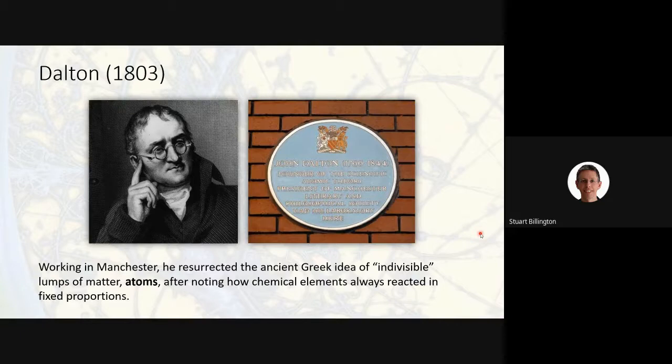And he came at it from a different perspective. Leucippus had come at it philosophically. Why does stuff fall down or fly? Dalton was coming at it much more practically. When he was doing chemical reactions, he would weigh out a certain number of grams of one material and he would weigh out a certain number of grams of another material. And when he reacted them together, there would always be some of one of them left over unless he got